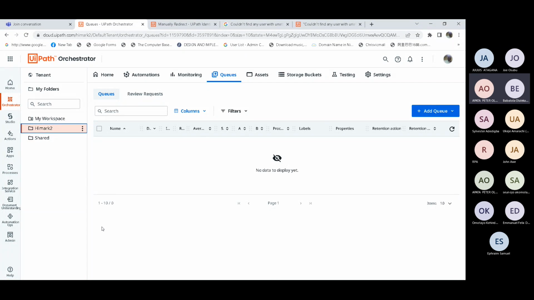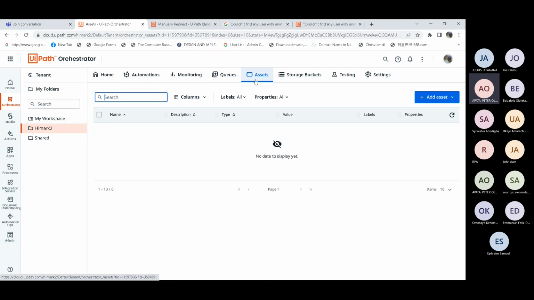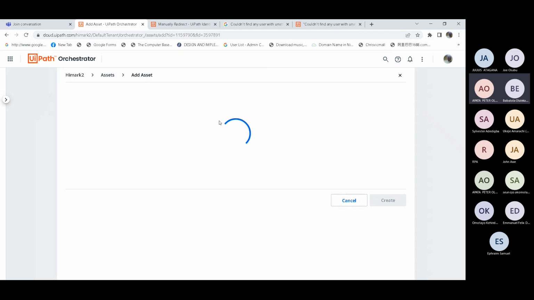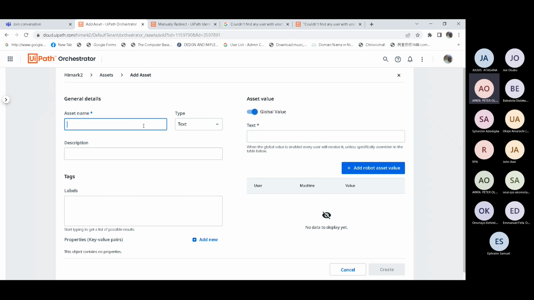I mean, that's for asset, not queue. For queue, it is like a storage that can hold an unlimited number of data.